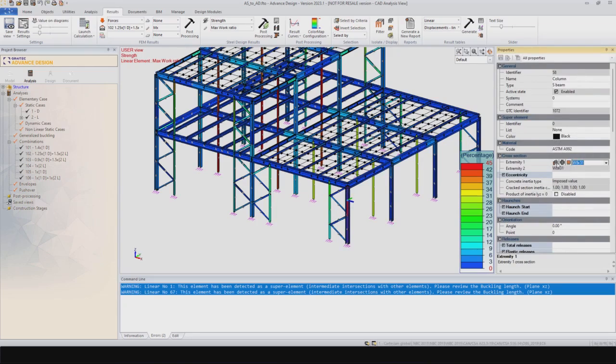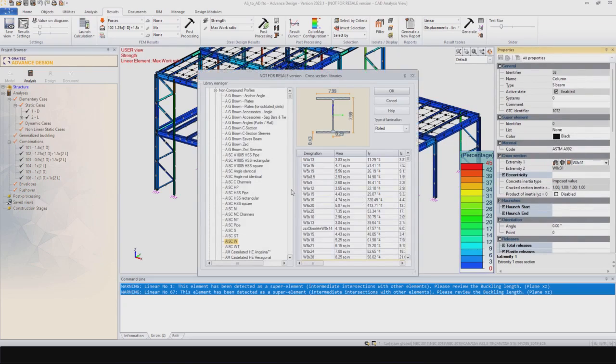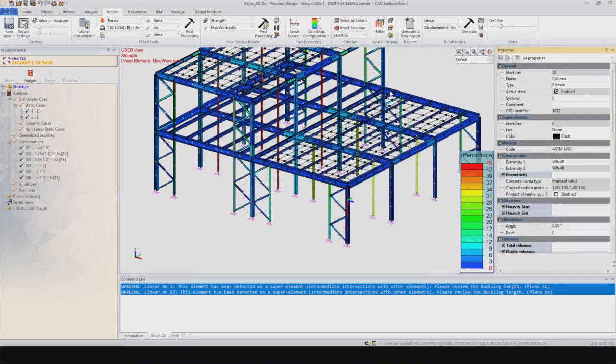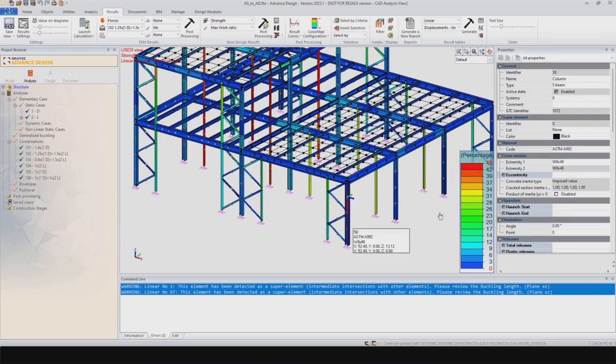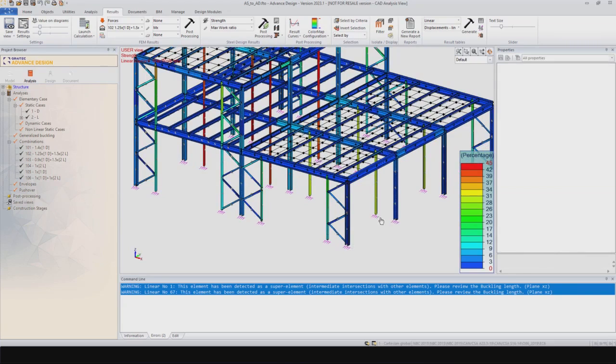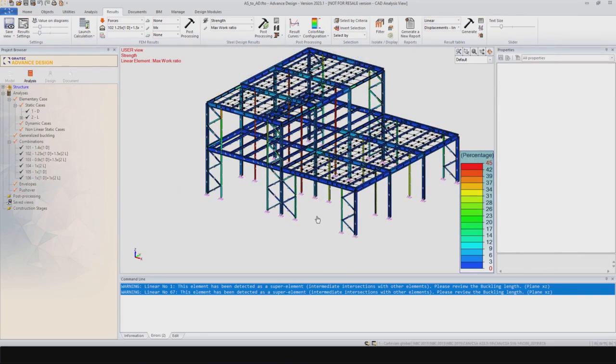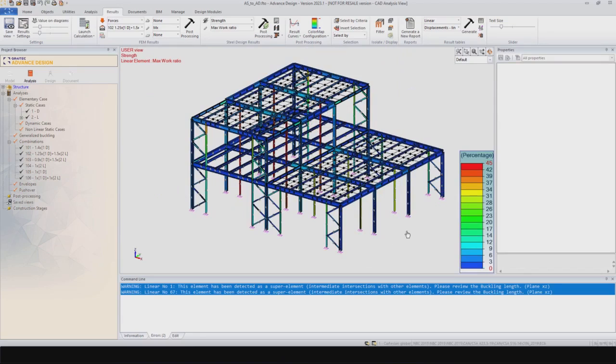So I can go to our libraries. So ASCW, that's a W8 by 31. So for example, let's say for any reason we want to change it to W48. Okay, I can click there. Now it's changed to a W48, as you see there. You can just double check. Yeah, W48. So now I can synchronize back this model to Advanced Steel, and you will see that automatically Advanced